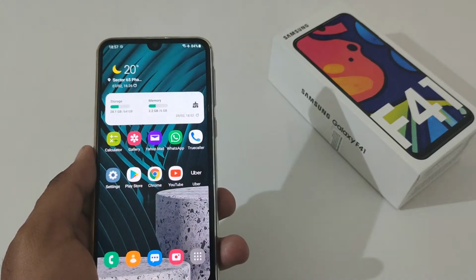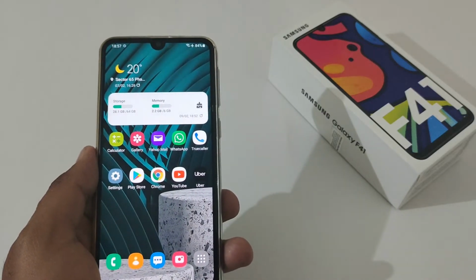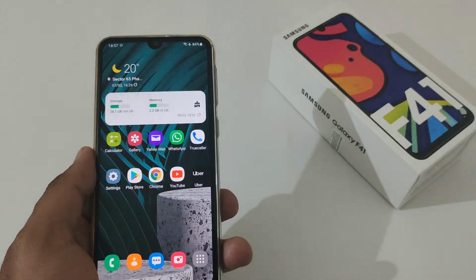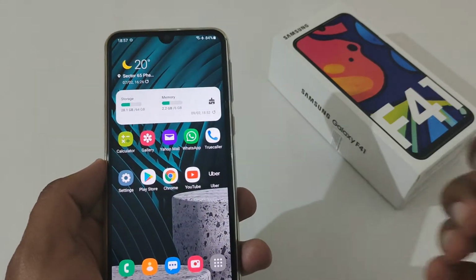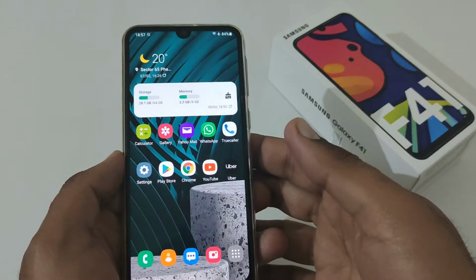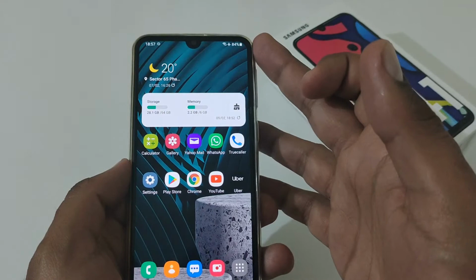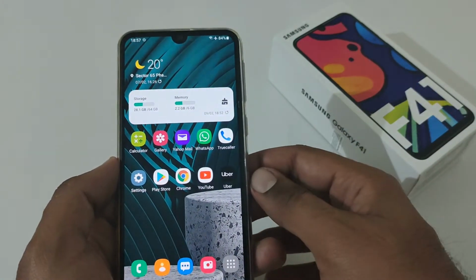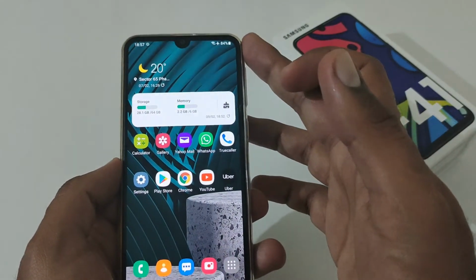We are again back with another video, and this time it's on the Samsung Galaxy F41. In this video, we'll see how to reset a phone without data loss. So let's begin. I'm assuming you have been frustrated with the settings on this phone and are planning to do a factory data reset. But I really suggest you follow what I am going to demonstrate in this video.